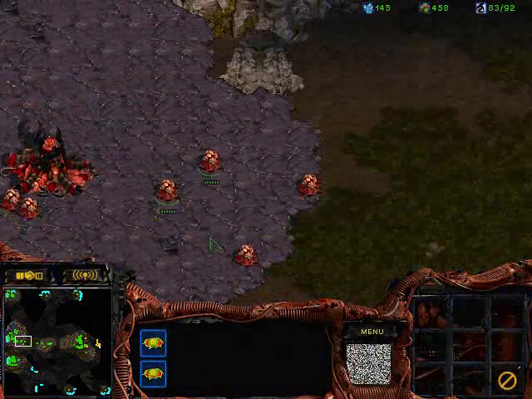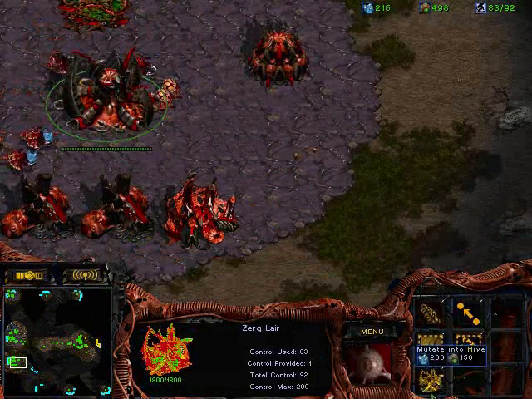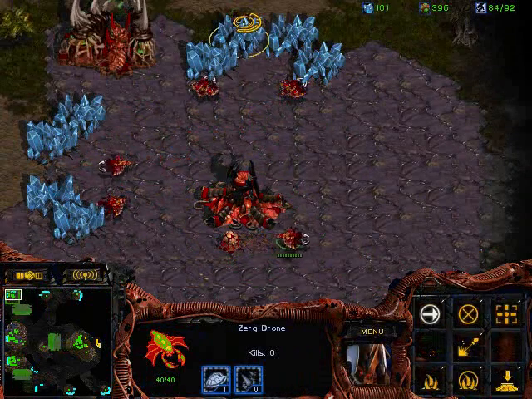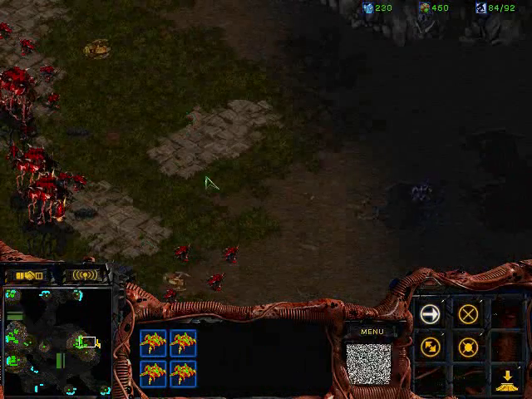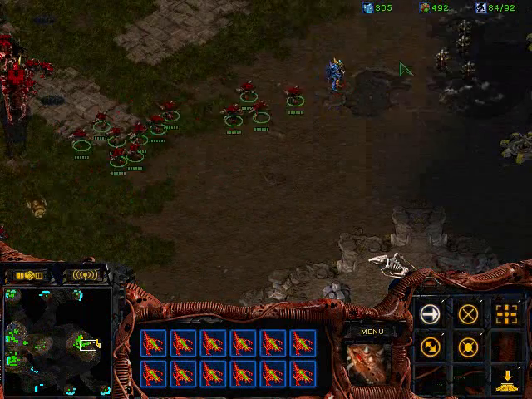Otherwise, you have way too many minerals, not enough gas to be able to support it. But anyway, I got my hive coming, so I decided against that, because I'll have adrenaline glands soon, and +3 carapace soon, and then ultralisk as well is coming. And once the ultraling is in full effect,